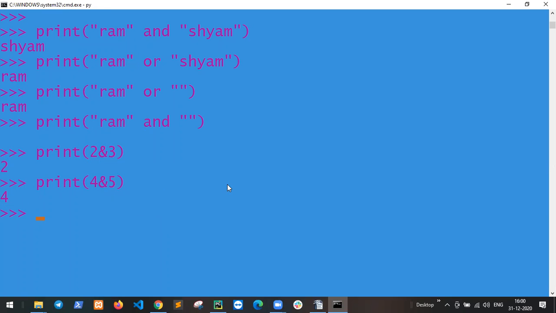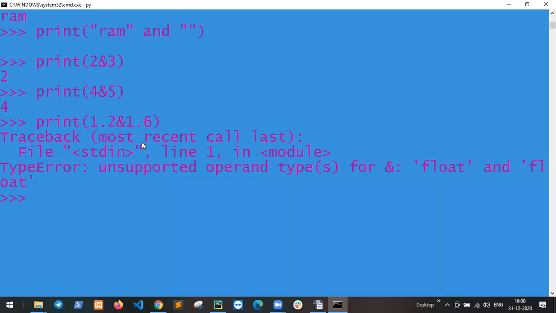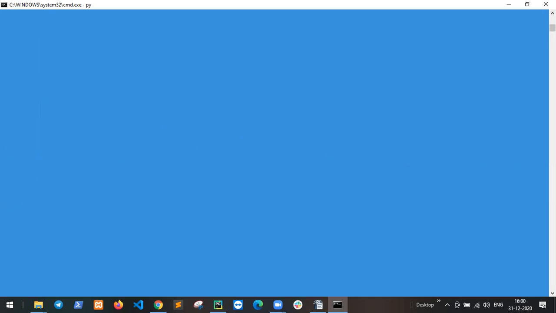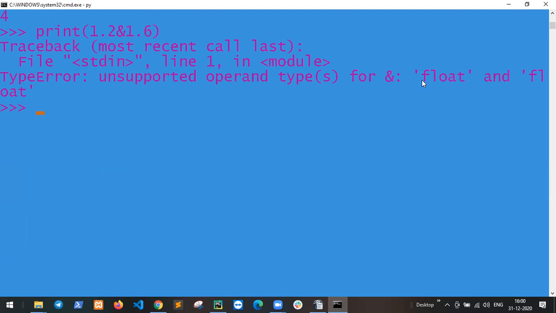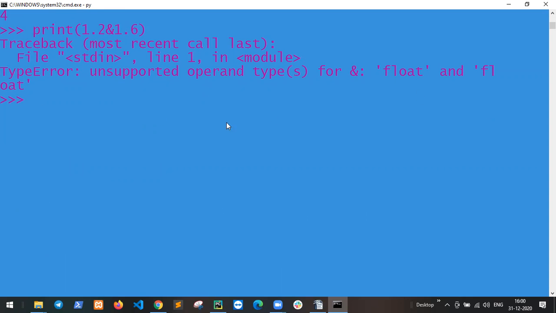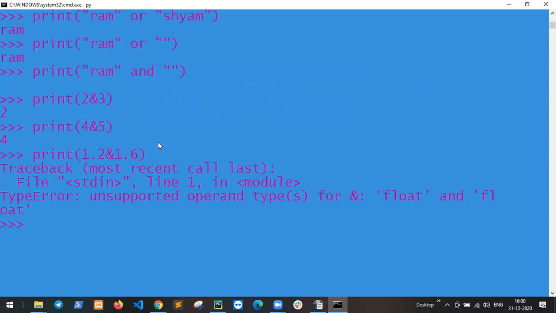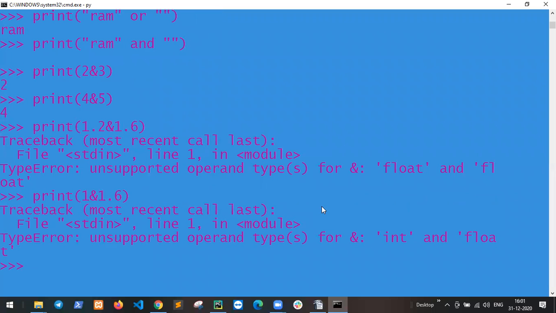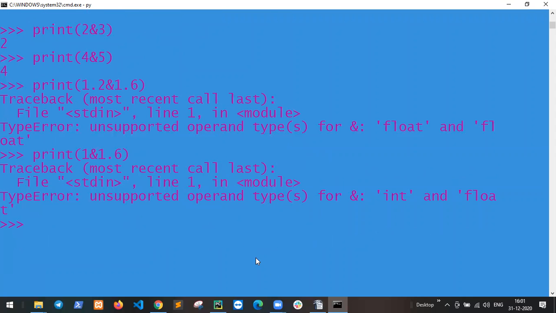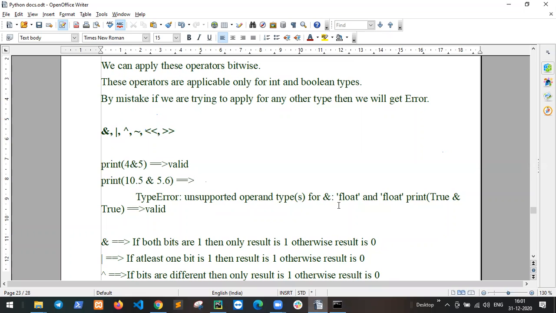If I check this operator with 1.2 and 1.6, we get a traceback, most recent call last: TypeError, unsupported operand type for float and float.